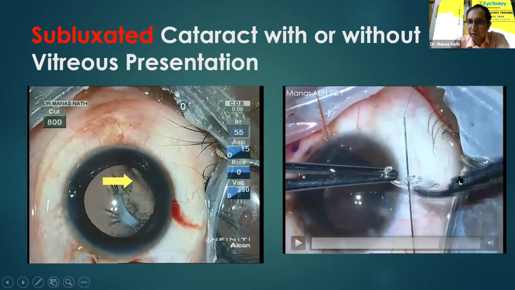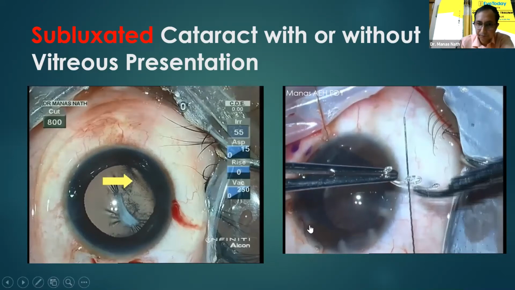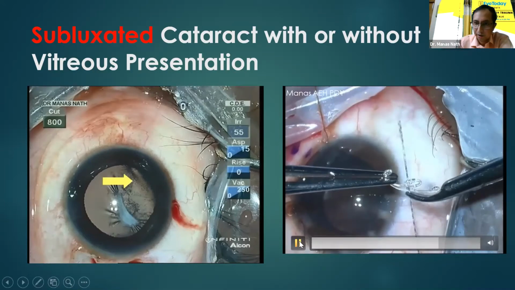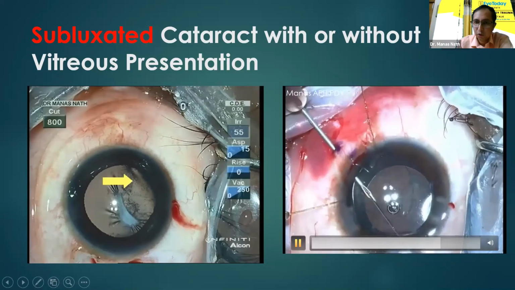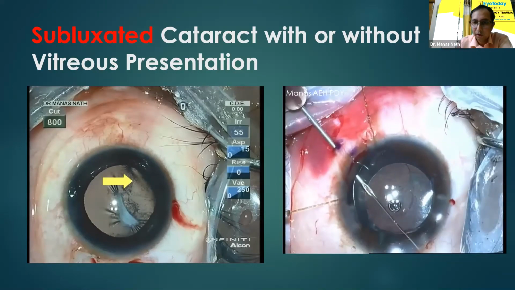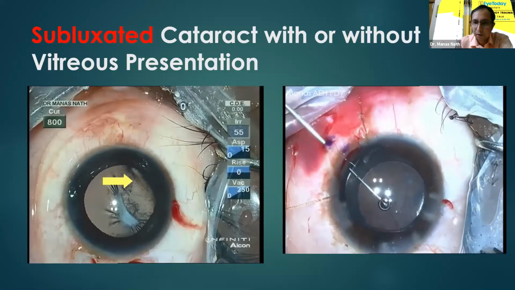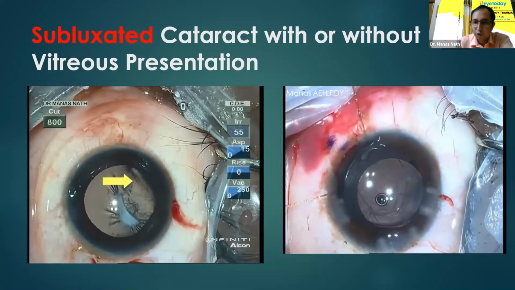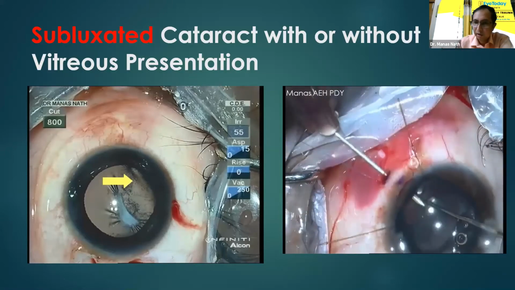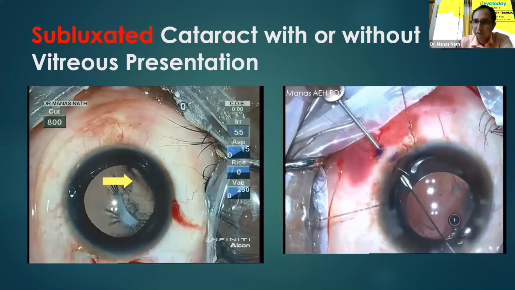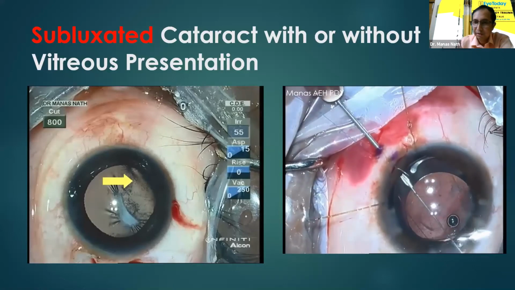Through the eyelid I have passed one straight needle of a double arm Prolene suture, and both the straight needles will be taken out one by one with the help of a Twinsky gauge needle, railroad technique. One has to be very gentle and very careful in the introduction of this gauge needle. It should not pierce the capsule.